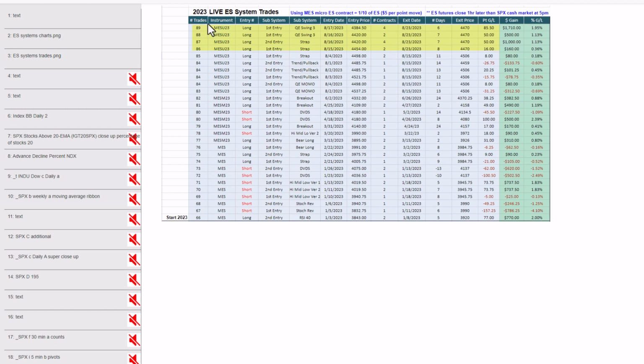Again, if futures are not your cup of tea, you don't have to do futures. You could have easily bought one of the ETFs in place, SPY, SSO, UPRO. They trade well into the after hours market. As you know, they trade many hours before the cash market opens. So you don't have to do futures. You can always just follow these with the SPY ETFs. Okay.